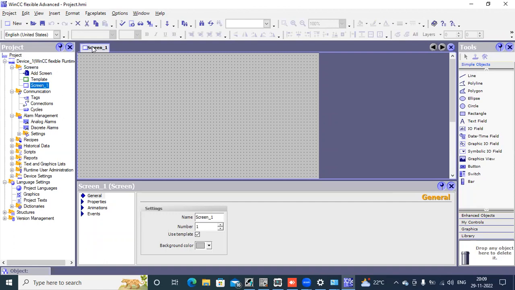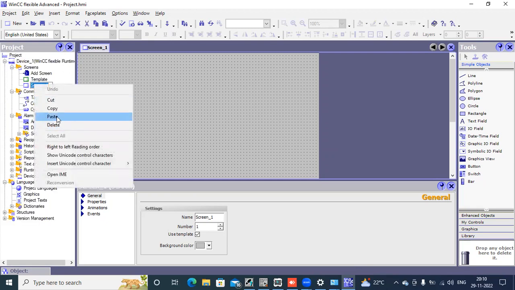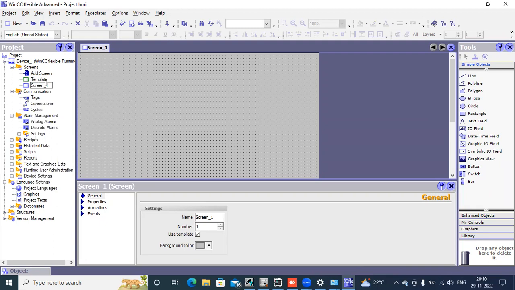The screen one which is displayed here, you can rename this, for example to welcome. One welcome screen will be there whenever you power up your HMI module. This will show one welcome picture. For this you can take some text here from